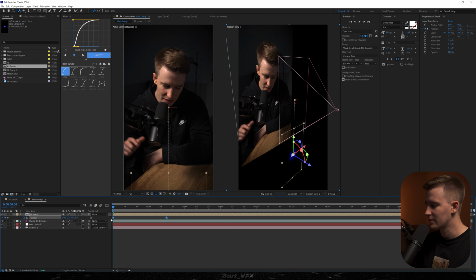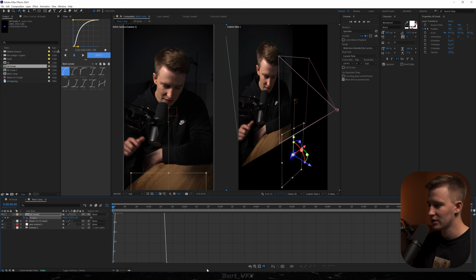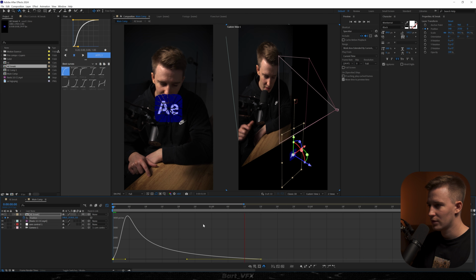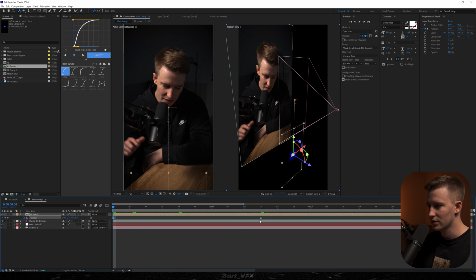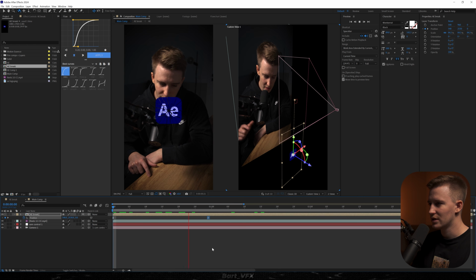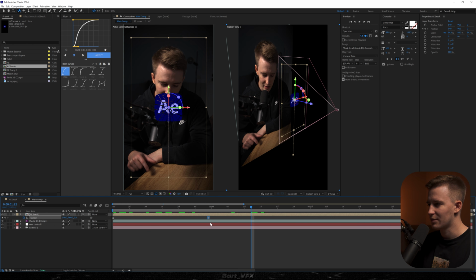I'm gonna select both keyframes, hit F9, move to the graph editor, click this so we can see the graph, and we're gonna create a peak on the left. Okay, that's a bit too slow, so we're just gonna squeeze in the keyframes. Okay, I really start to like it, but the problem is that the break is happening a little bit too